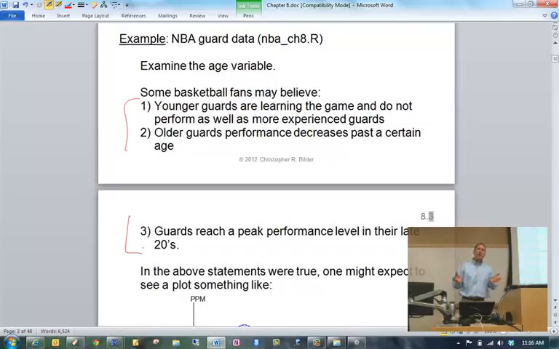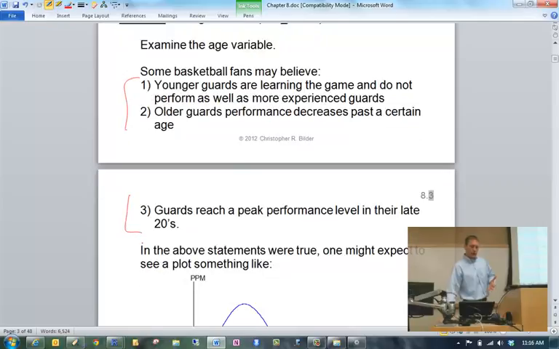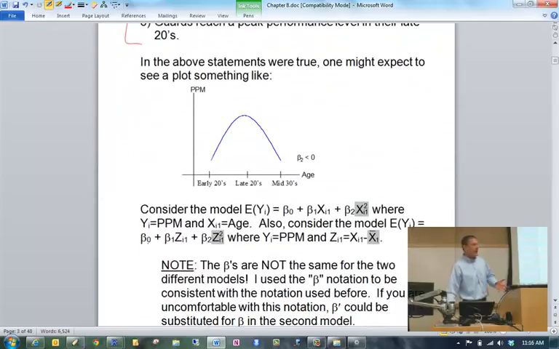But then they get to a point where some of their physical abilities decrease with age. And because of that, as they get into their 30s, late 30s, they might not be as good because of the decrease in physical abilities. So if that was true, then you may see something that looks like this as the actual relationship between age and PPM.